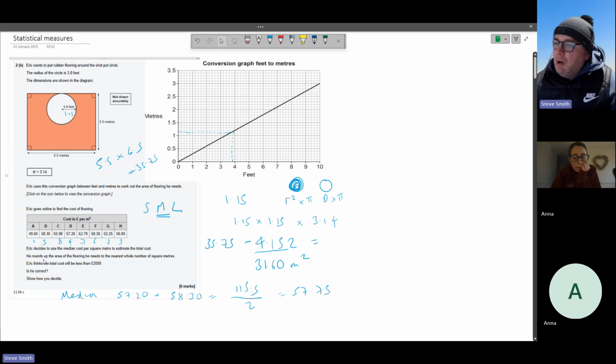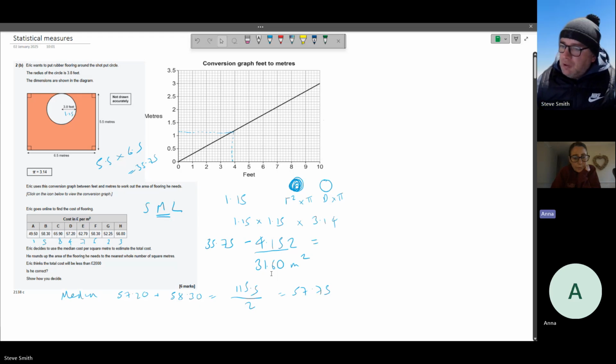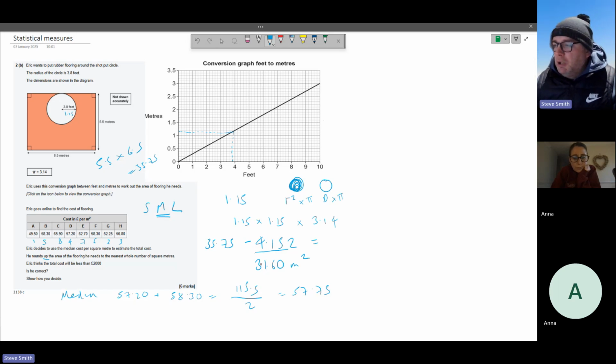Eric decides to use the median cost. We've done that one. He rounds the area up that he needs to the nearest whole meter. So he rounds it up. So he's going up. Obviously, if you're rounding a number, you go to the nearest. Because he's rounding it up, it specifically told us to go up. So that would make that one 32 meters. I mean, if we order 31, we wouldn't have enough. So we're going to go 32 meters times by our price, put here,